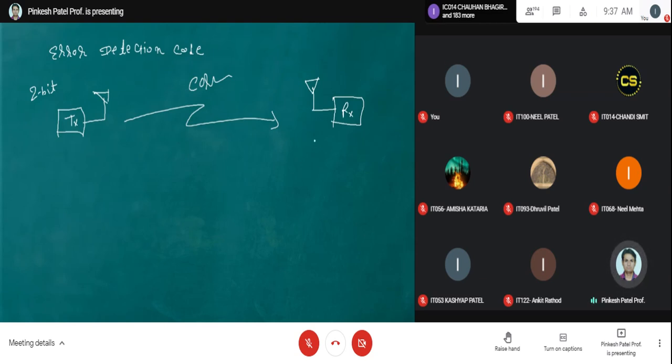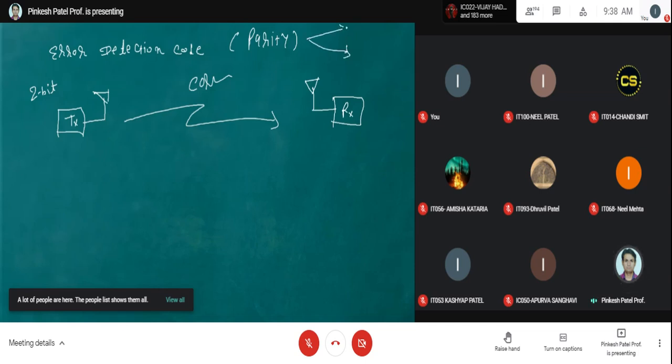On the basis of that, the receiver will decide that whatever I have received is not the same copy of what the transmitter has transmitted, which is a corrupted one. Once that indication is got, the receiver tells the transmitter, whatever you have transmitted is incorrect at my end, please resend the same message once again. That is the job of error detection, and this job can be satisfied by means of a parity mechanism.